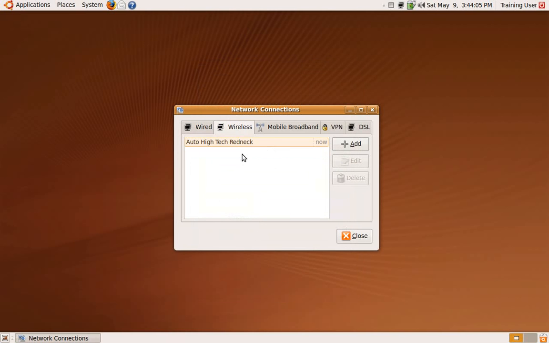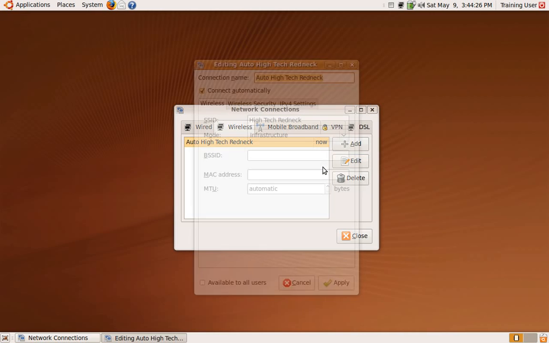Here are your wireless networks that you have connected. You might have a whole bunch in here, all the places you connected to. If you're ever working on somebody's laptop and you connect your wireless and you don't want them to have your password anymore, you can just highlight it and delete it out of there, and it won't save the password like that. But if you want to edit the connection, let's say you change your password and you want to do that, if you highlight it there and go to Edit,